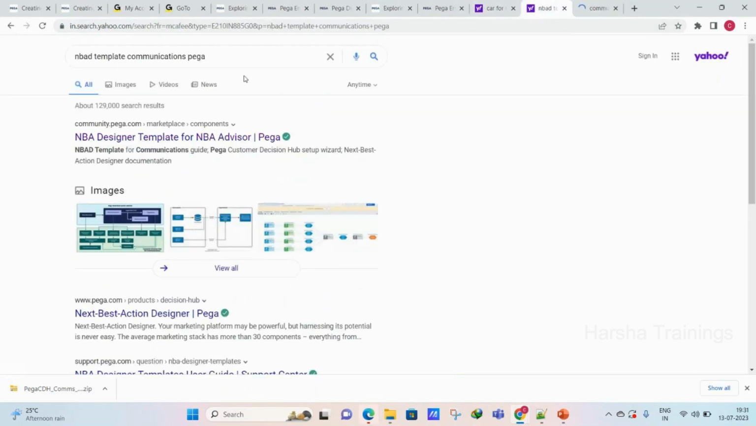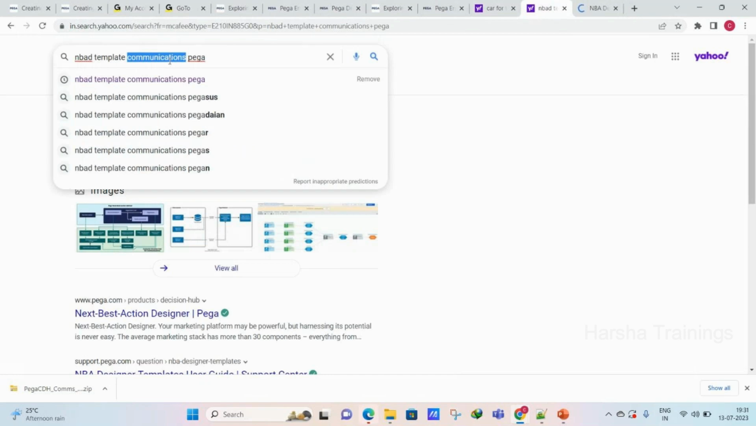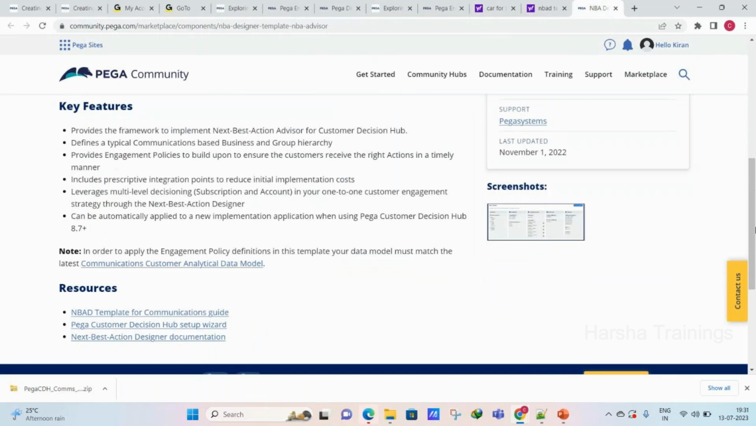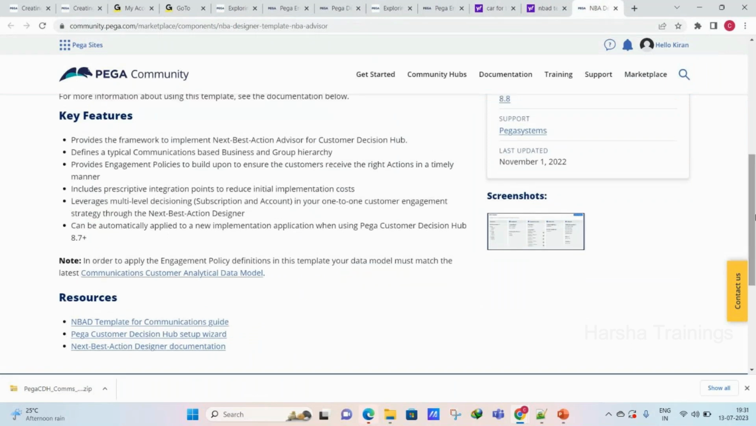So same way you can search for bank, insurance. You have whatever other domains like e-commerce. So like that, all the NBAD templates are there. So what this NBAD template does is, it provides a framework to implement next best action